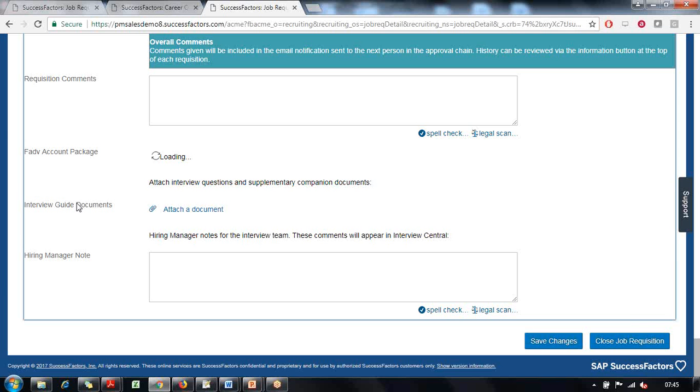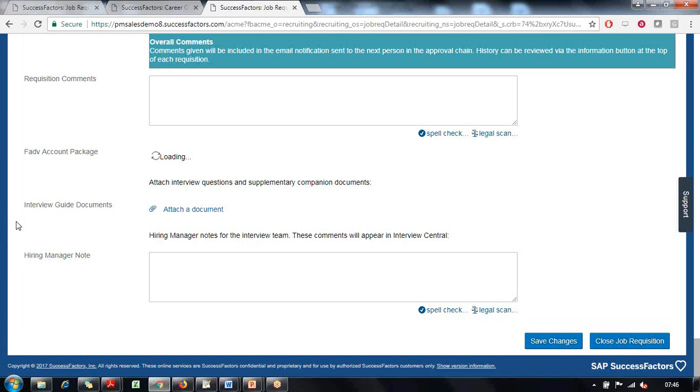We can send some guidelines to them saying that these are the minimum things that you have to definitely ask the candidate. These are the different areas of questions that you have to cover. Like that, we can have some instructions document sent to the interviewers later on. The document that is relevant, you can attach in the job requisition level itself, so that automatically when you schedule an interview between the candidate and the interview panel member, the interview panel member will be directly receiving this interview guide document,